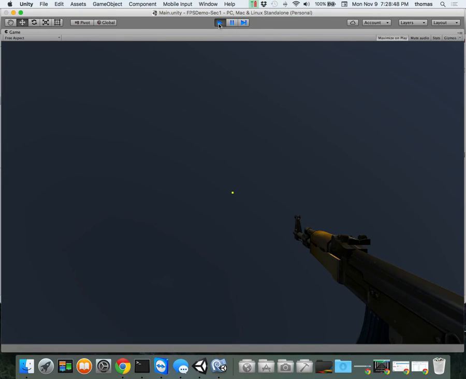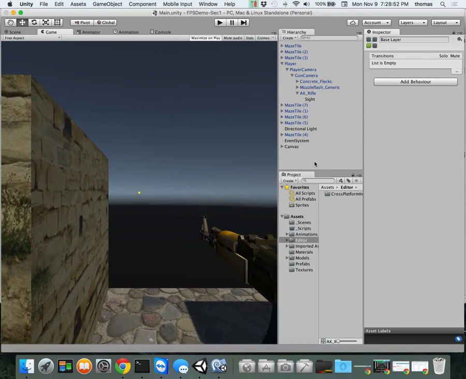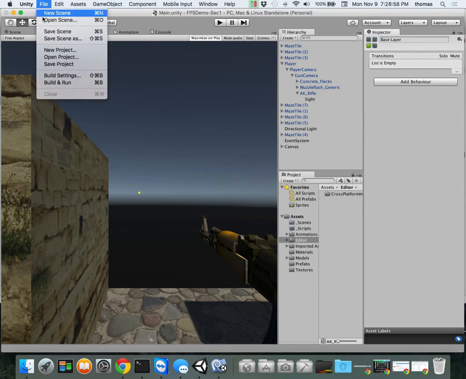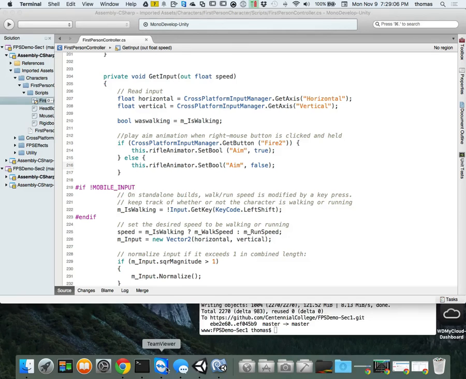All right, and this is a great place to stop. So I'm going to stop this, and I'm going to say I've added my aim animation to my script. So I'm going to go file, save my scene. File, save my project, and then file, Unity quit. And now I'm going to go into